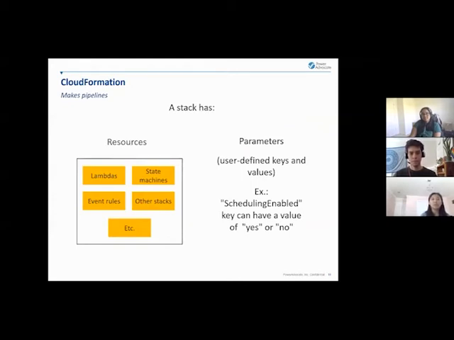And so in order to make our pipelines, we use another AWS service called CloudFormation. And what CloudFormation does is it allows you to create and manage stacks. And a stack is just a collection of resources, which can be a lot of different things, from services we didn't talk about, but for our purposes, our stacks usually have the Lambdas and state machines that we just talked about. They can also have event rules, which Mark will talk about later,